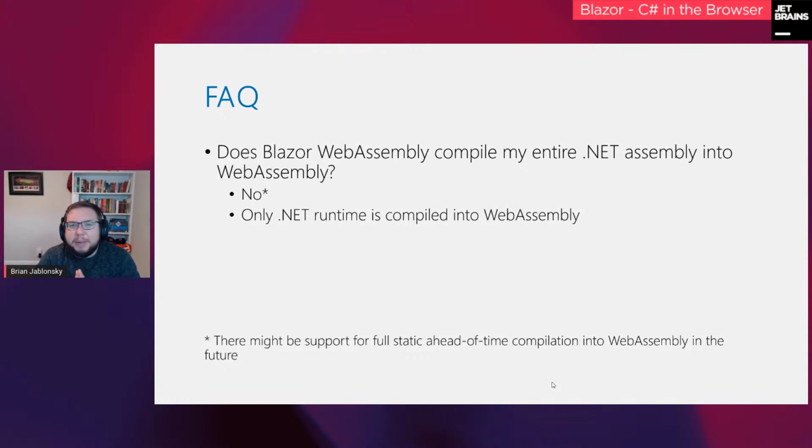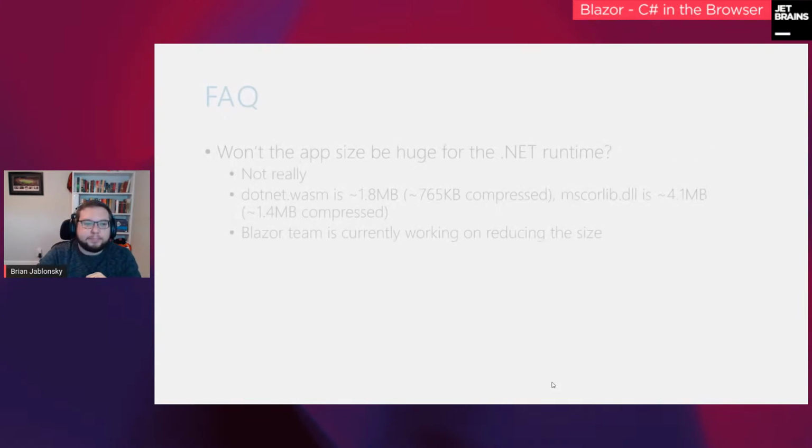But what a lot of people were complaining about was that sometimes Blazor WebAssembly was a little slow with some things. Actually, with .NET 5, Blazor has done a lot of performance improvements. So some of your concerns about how slow Blazor WebAssembly might be will be taken care of in .NET 5. There's a lot of great performance improvements. So yes, technically you won't be able to run a full WebAssembly version of your code, but for all intents and purposes, Blazor WebAssembly is pretty good as is.